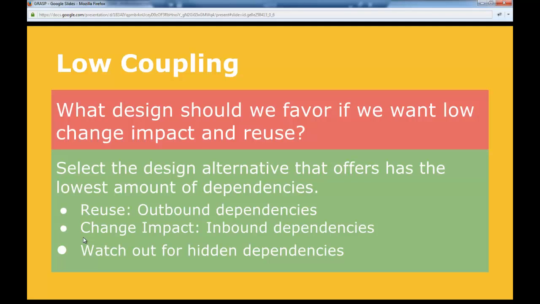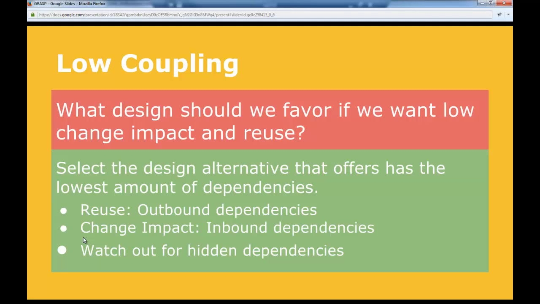So one new pattern here is low coupling. The problem is about what design to favor if we want low change impact and reuse. And this is something that we always would like to have. So low change impact is about if we make a change, it should not spread all over the system. It should be as contained as possible. And we should at least know what parts of the system are affected by a change. And reuse is, of course, that we would like to use parts of our application and implementation and design also in other projects. And if we have several ways of designing, and as you saw maybe in this add score stuff that we did, we can design however we want. And different designs have different drawbacks and